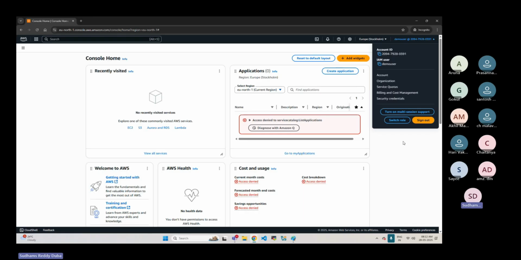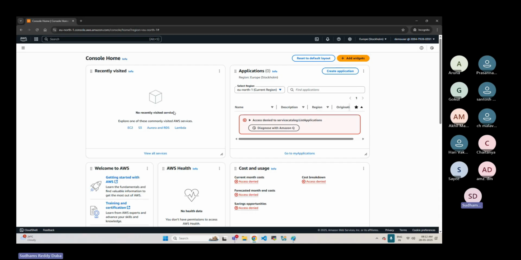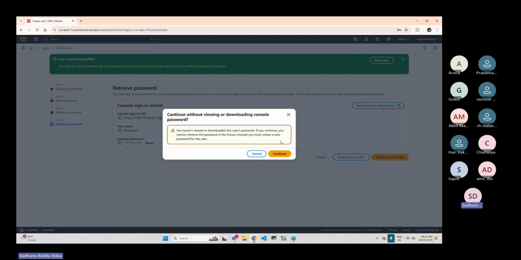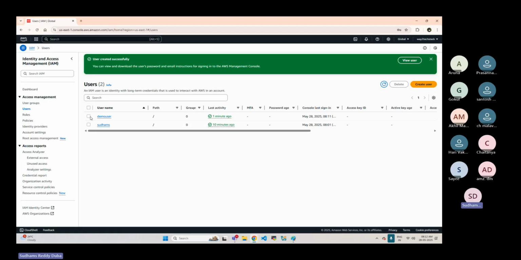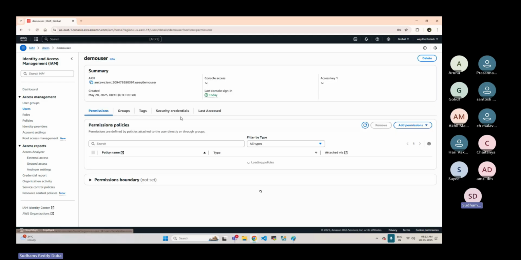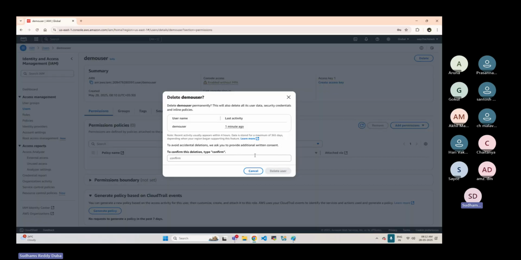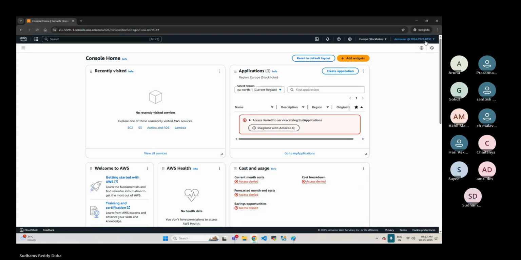Got your point. Now you can see I have logged into the account. It has not even asked for password reset. Why did I unselect that box? Oh, this is a random change. This is a strange thing which I'm seeing now as well. You understood, right? What you are missing here, for example, I'll go inside this. No permissions have been assigned. Let me delete this user once again. The strange thing what I've observed is